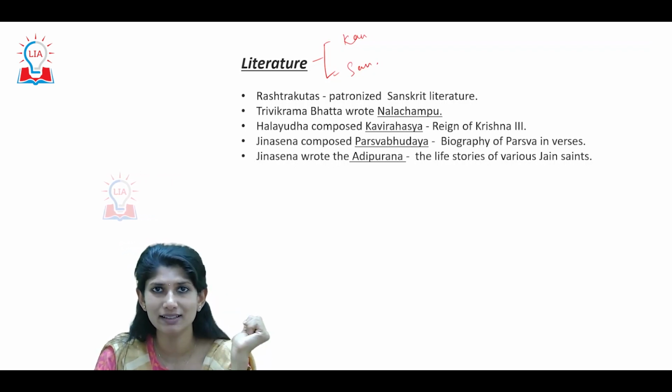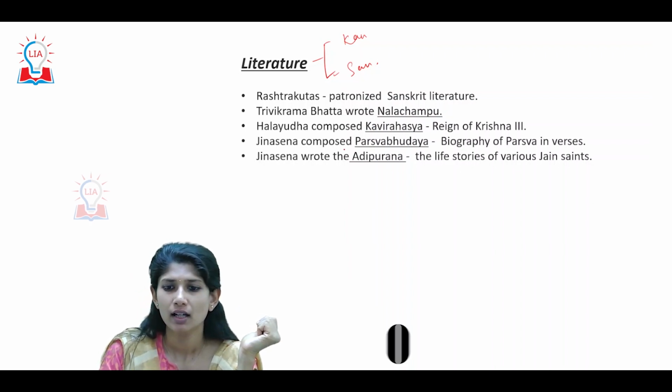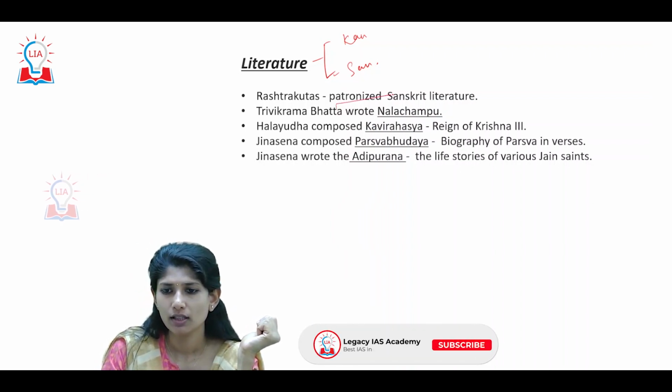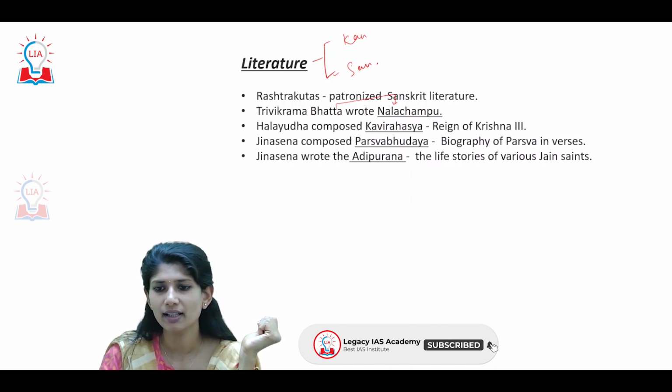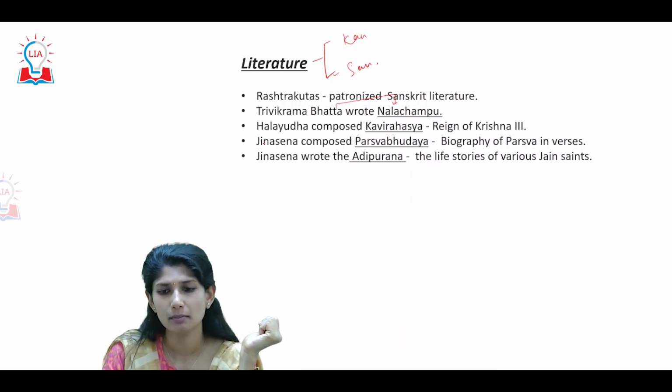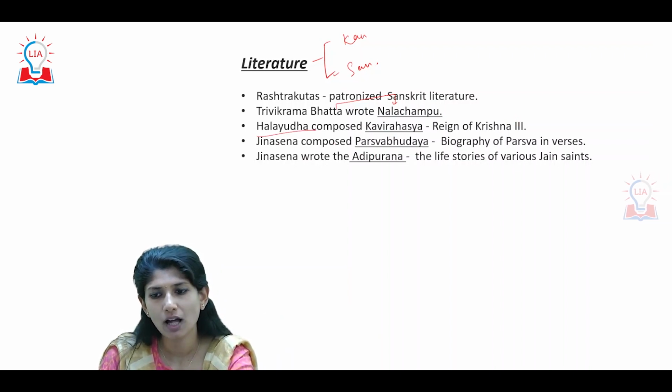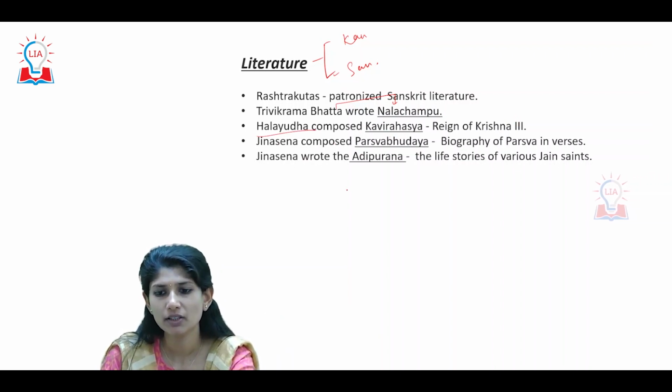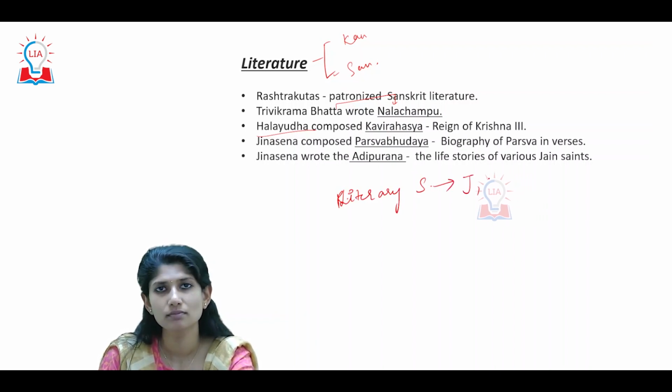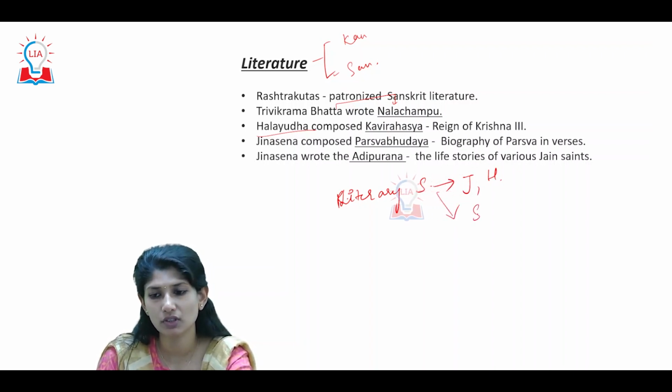We'll see what those literary works are. Trivikrama Bhatta wrote Nalachampu. Kavirahasya was written by Halayudha during the reign of Krishna III. Jinasena also wrote Adi Purana. So somewhere you have a good amount of literary sources dating back to Jainism, and Hinduism. Alongside, you will have literary sources with respect to science,